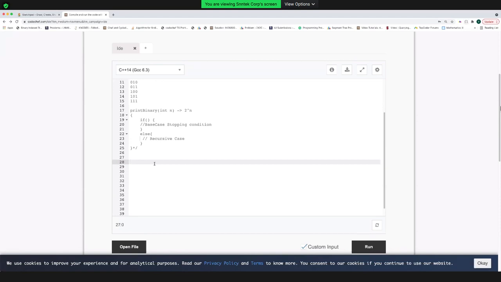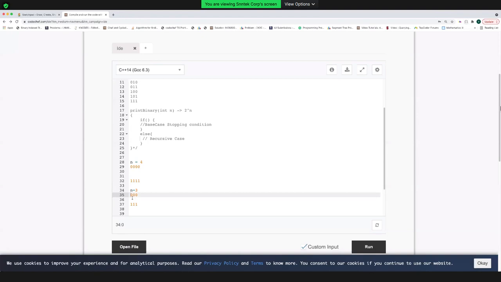Okay, okay. So I think I'll tell you the approach. Let's say I want to calculate the answer for n equals to 4, which will be starting from 0000 up to 1111. These are all the possible cases. So somehow, if I know the answer for n equals to 3, let's say I have printed the answer for n equals to 3, from 000 all the way to 111.